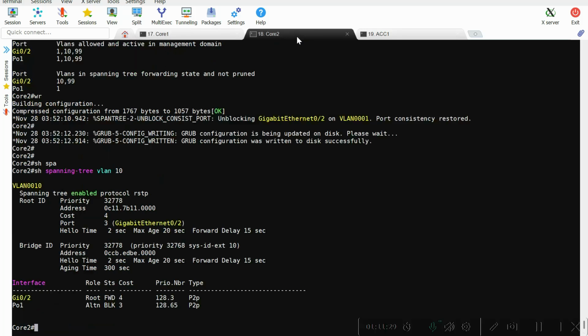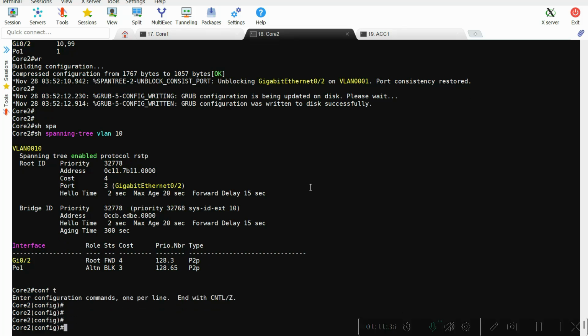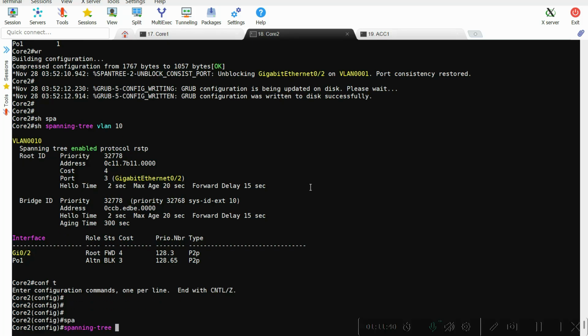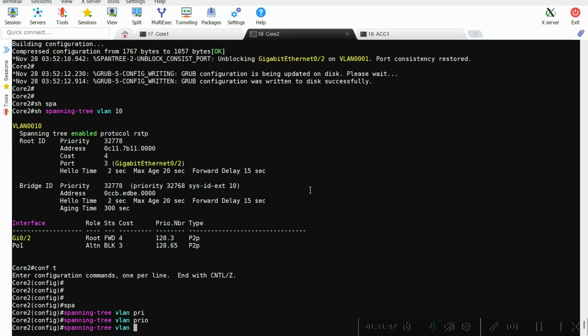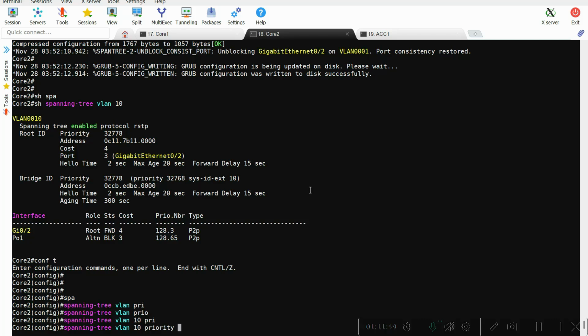Since VLAN 10 is an even number, let's put core 2 as the primary root bridge for VLAN 10. So spanning-tree vlan 10 priority,